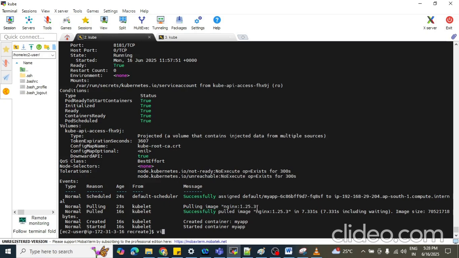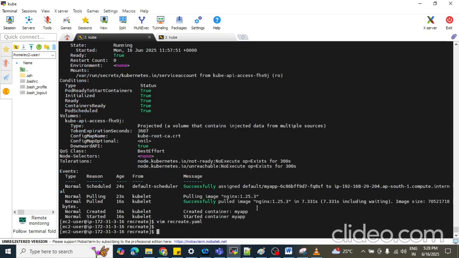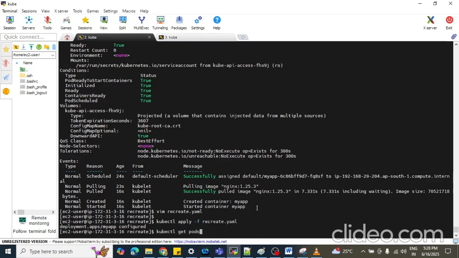So let's go for the recreate deployment and replace it with the latest version. For that, simply remove the version here and it will automatically take the latest one. kubectl apply -f recreate.yml.